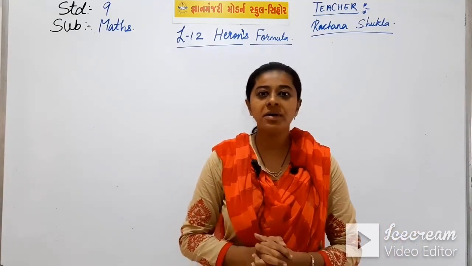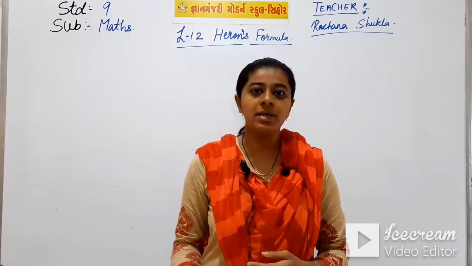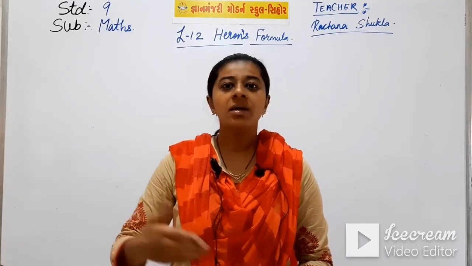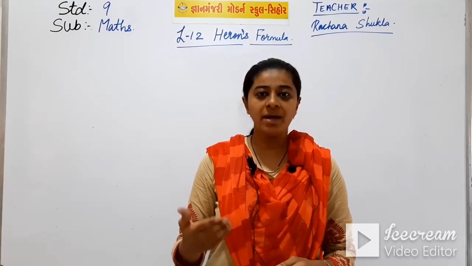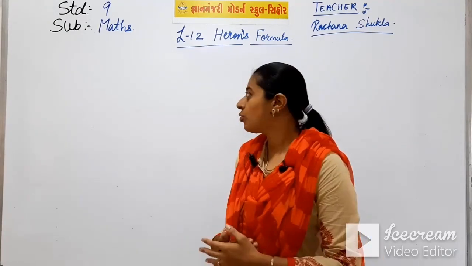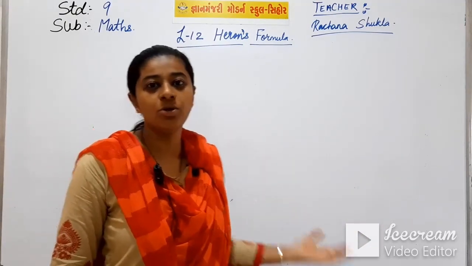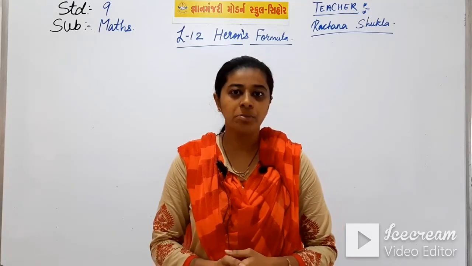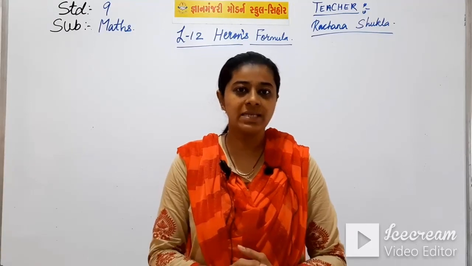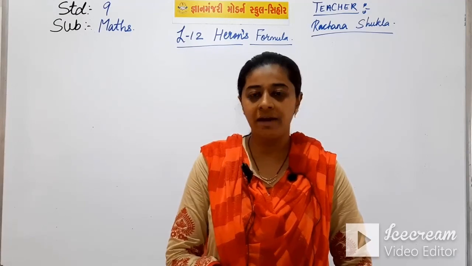Students, you have already studied in the previous classes about various quadrilaterals, squares, rectangles, triangles, and many other such figures. Then you studied about how to find the area and the perimeter of these various figures in geometry. Today we will see in detail about what is Heron's formula. This is a new name for you students, Heron's formula. You had not come in contact or seen this name in the previous classes. So first of all, we will have a quick revision of what is perimeter and what is area.